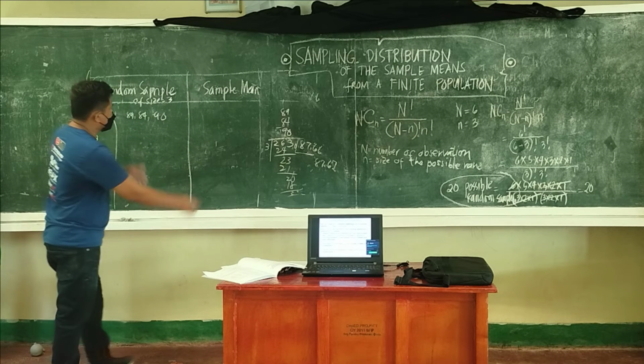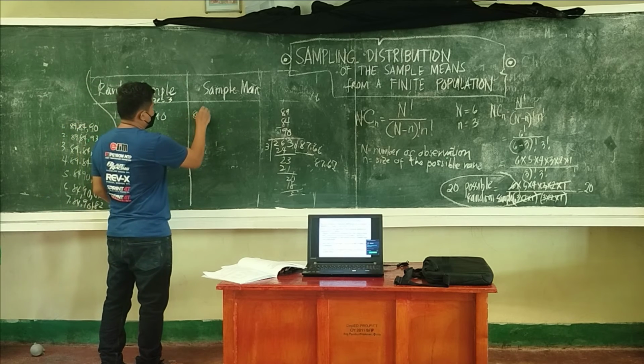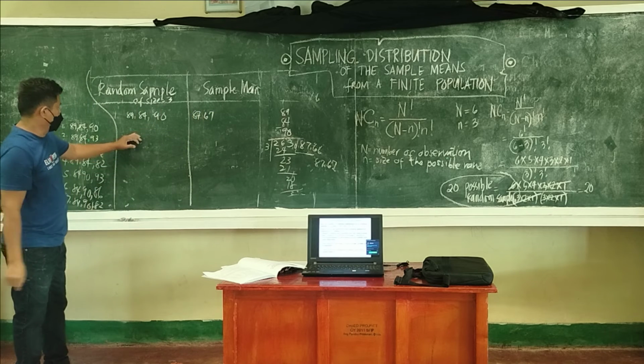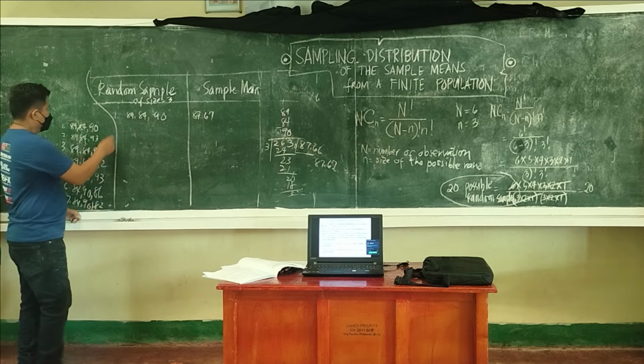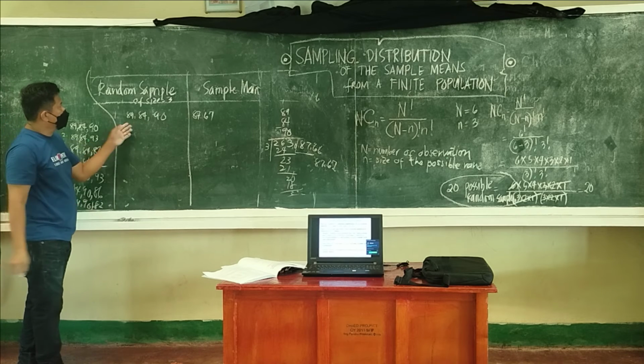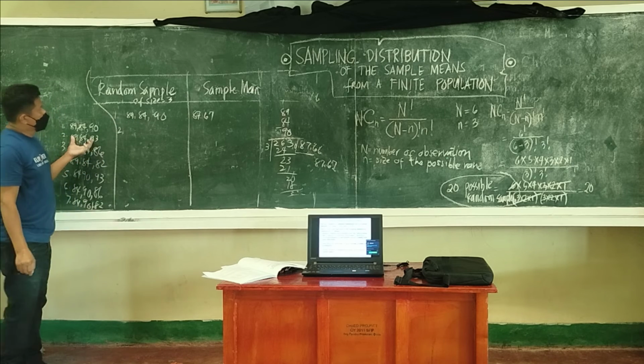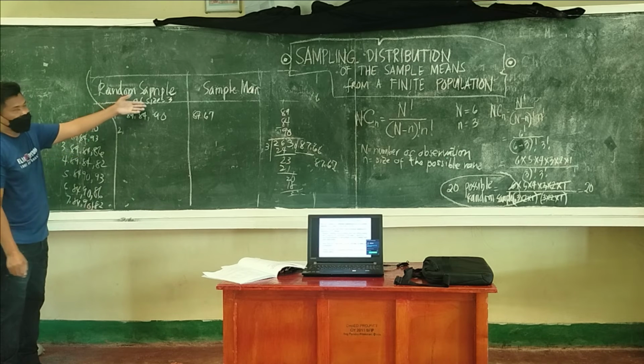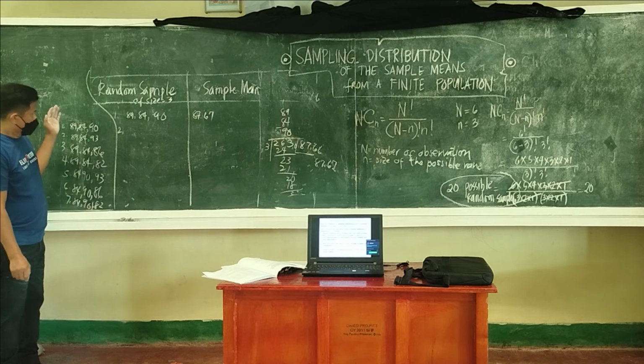So the score there is, we have here 87.67 as the sample mean. Then next, for number 2, just the same, you are going to add the random sample of size 3. After adding, you divide it by 3 since we have size 3. Then after that,